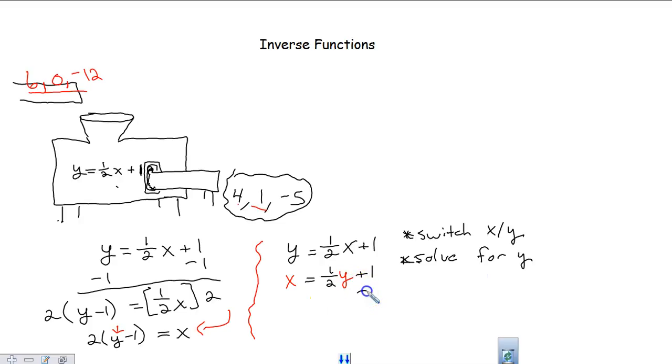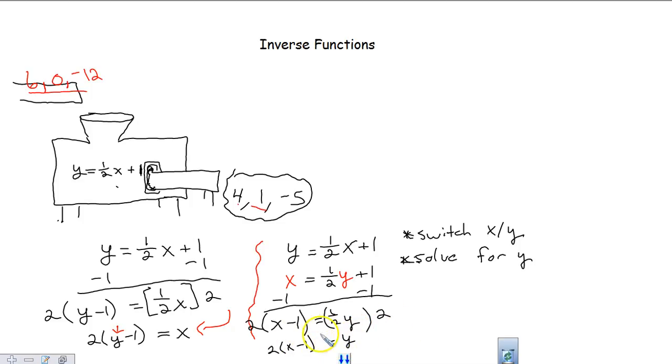Okay, so now if I solve for y, this is not going to be a surprise because it's going to be essentially the same thing we have on the left there. Only now that we've taken the time to switch our variables around, now it looks a little bit more, I guess, normal to us, right? We're used to seeing y equals